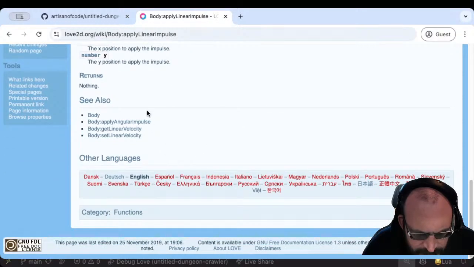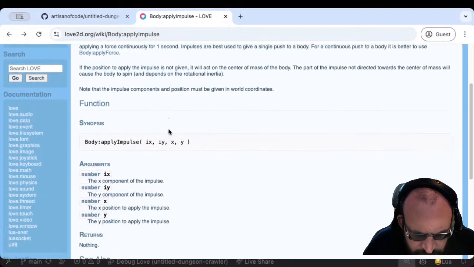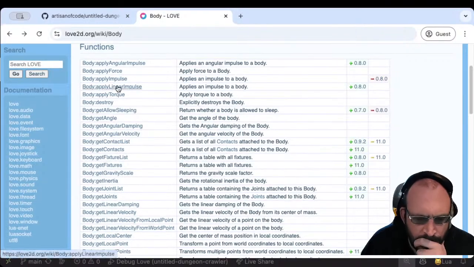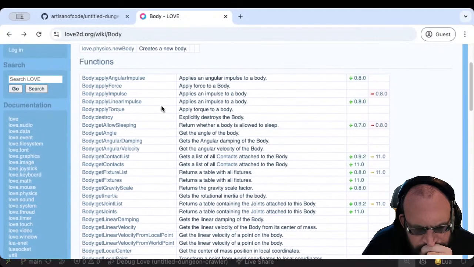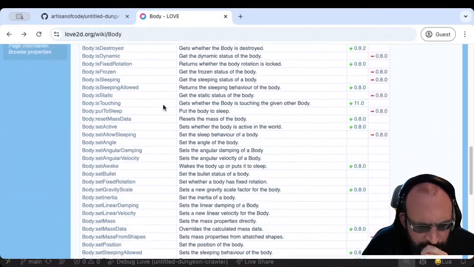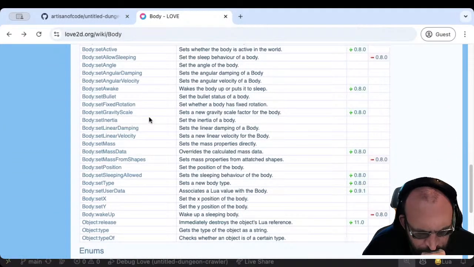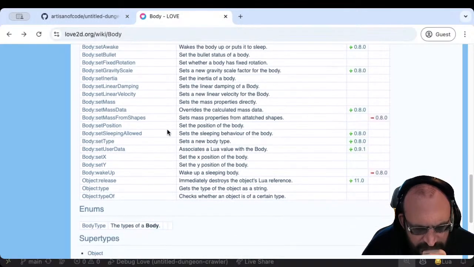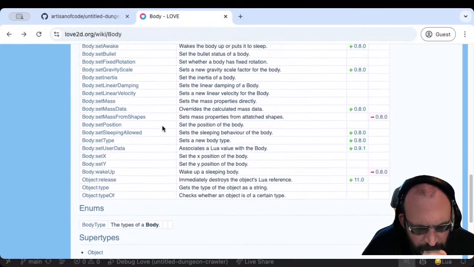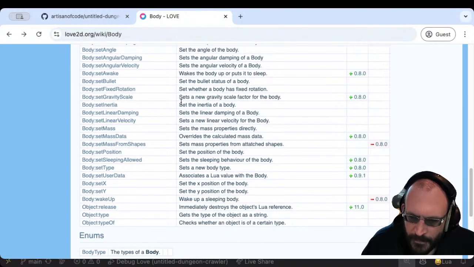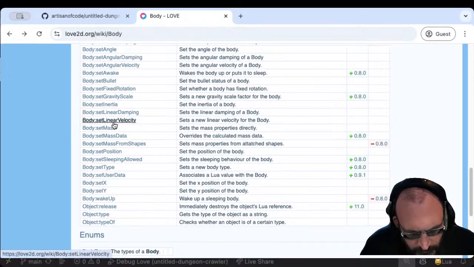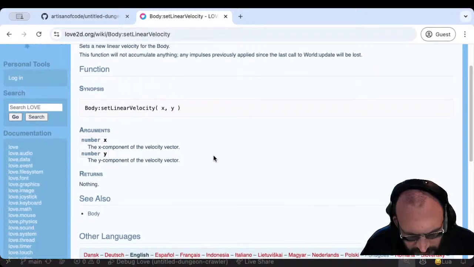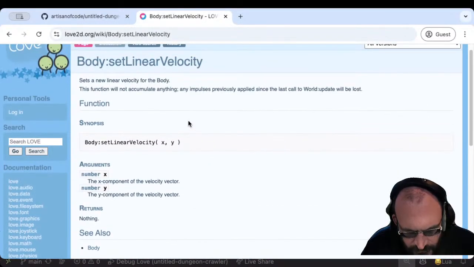Yeah, so I think I mean it could work. We just have to, I'm not 100% sure how we make our enemy AI work. I mean, we can set a linear velocity as well. So maybe